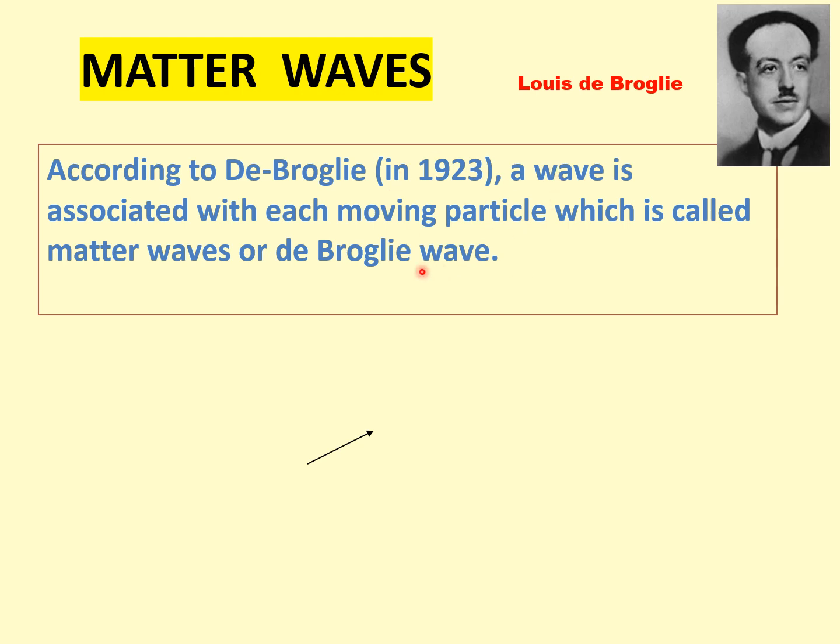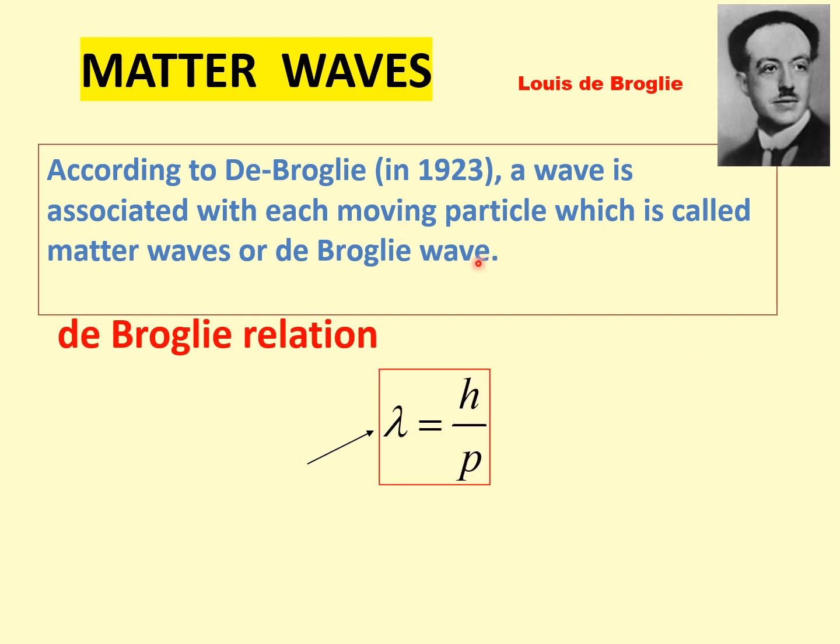So he got this idea that if the light wave has particle nature, then the particle should also have wave nature. He gave this hypothesis in 1923, and the wavelength for the particle waves or the matter waves is given by this formula: lambda equals h by p, or h by mv,